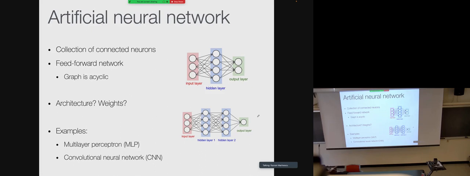Generally, the choices we have to make, in the case of feed-forward neural networks, are how many layers do we set? How many neurons per layer do we set? And again, what are the weights? What are the learning rates? What is the type of learning method we use? Do we use stochastic gradient descent? How much stochasticity do we add? We'll see later on that we do batch types of learning. What's the size of the batches that we feed to the network? All of these are choices we have to make.